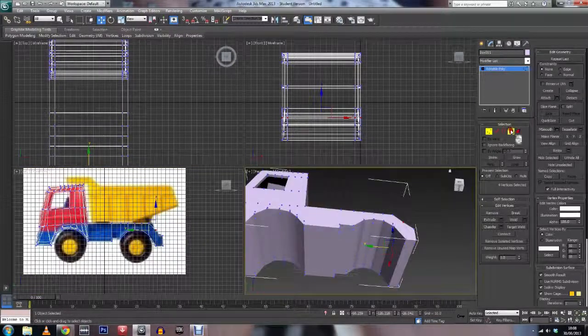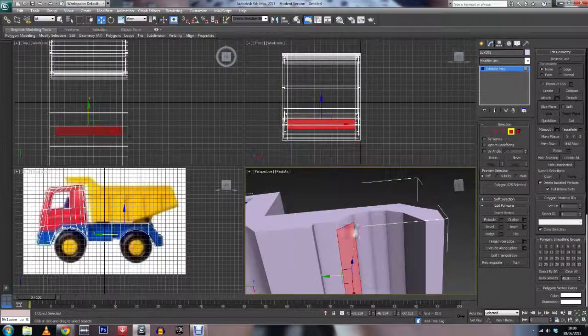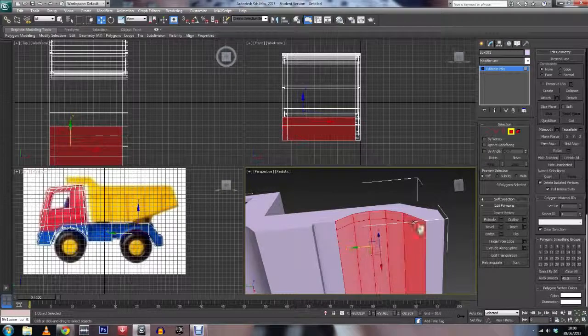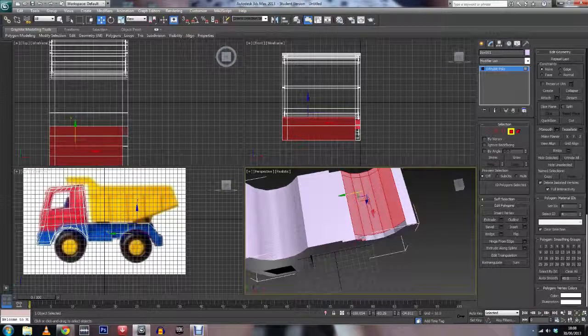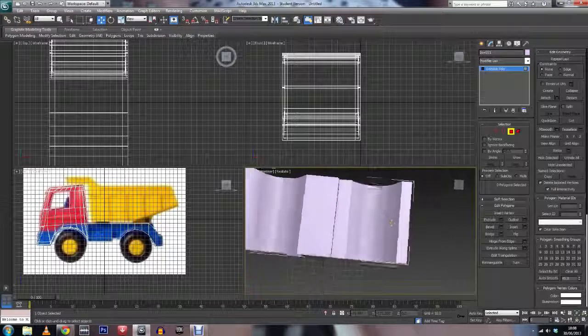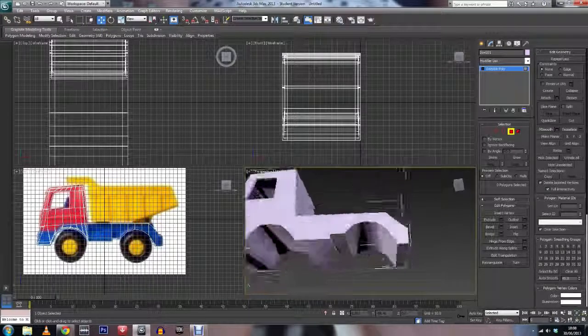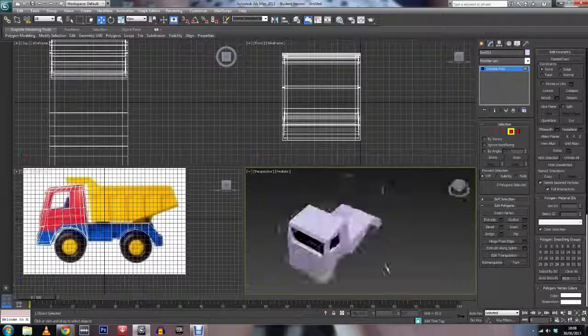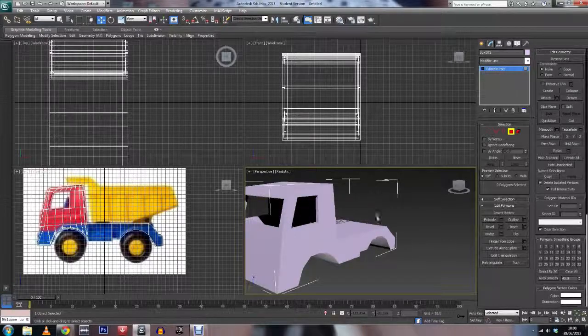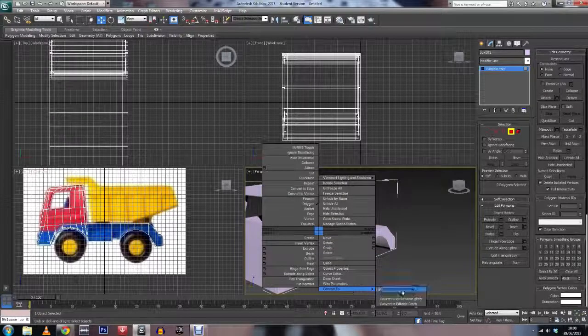So let's just add some smoothing groups. Let's go into face mode. Select these. I'm just going to do it to one side. You can do it to both. Just showing you. Right, clear all. Then select A2, and it's all smooth all the way around. Right, that's the truck done. So right click, convert to editable poly,